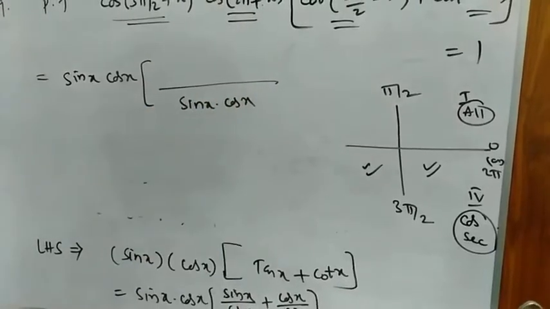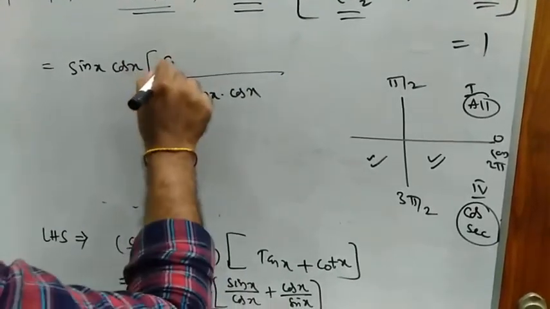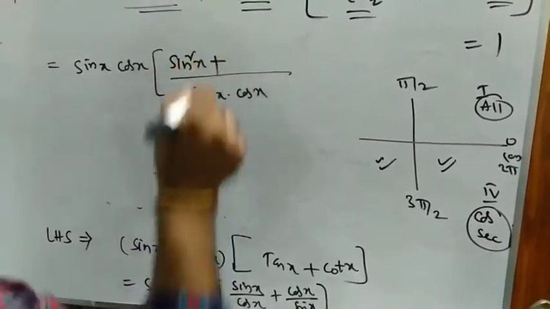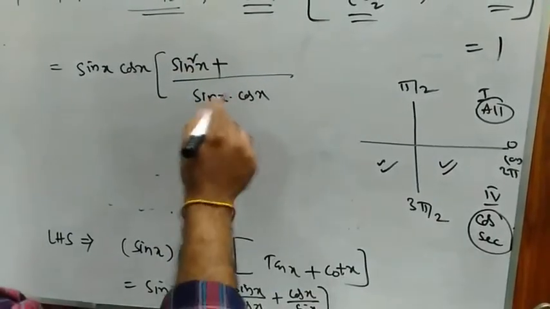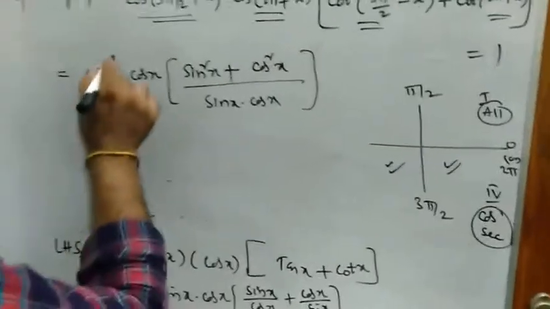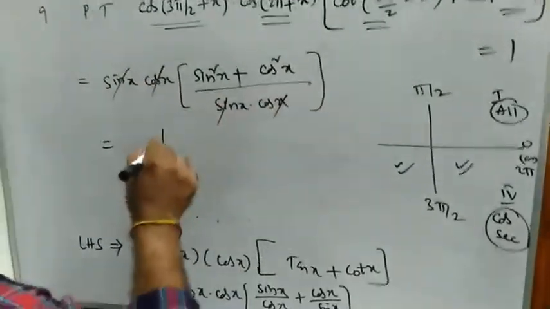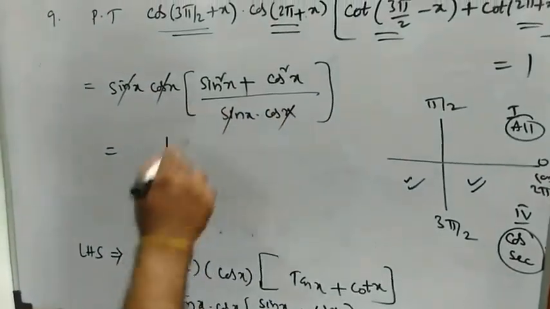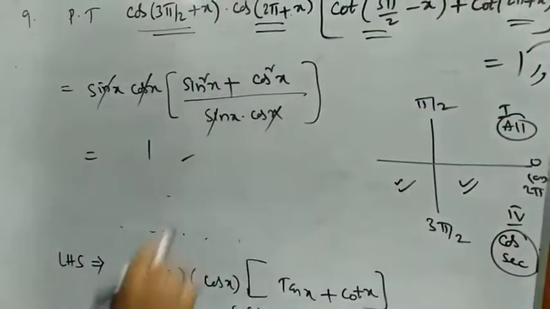Sin x times sin x is sin square x, am I right? Plus cos x times cos x is cos square x. The sin x cos x gets cancelled. Sin square x plus cos square x is equal to 1, which is the required solution,